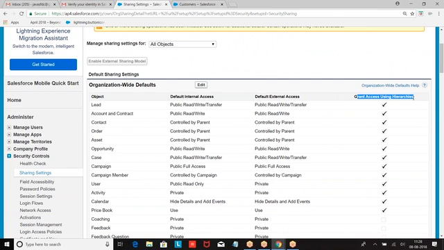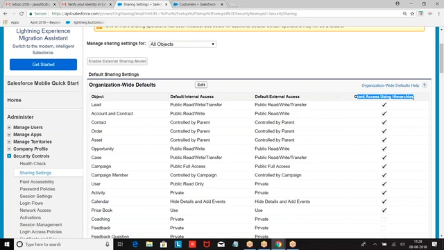If this option is enabled, whichever user is standing on the top of you can control the record. Whoever is standing on the top of you in the role hierarchy, he will be able to see each and every record that you can access.